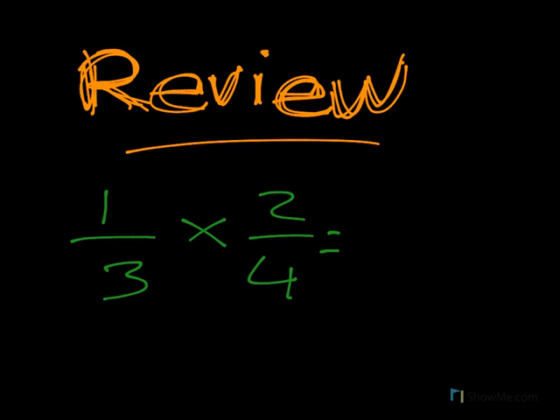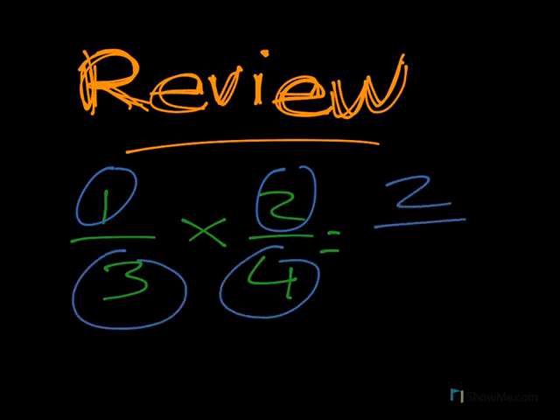Whenever we're multiplying fractions, I think the very first step that's pretty easy is to multiply across. So you're going to multiply the numerators, which is the 1 over here, and the 2. That's 1 times 2, which is 2. And then you're going to multiply the denominators, which is 3 and 4. So 3 times 4 is 12. And like I mentioned last week, this first step is very easy, but it gets difficult when you get higher up in grades